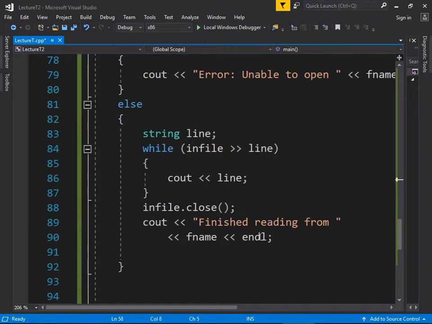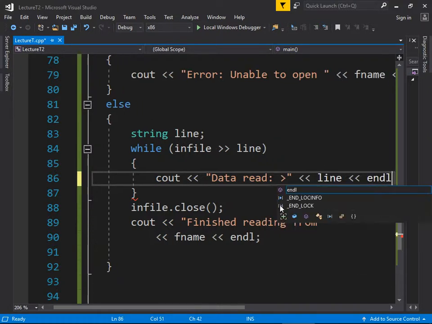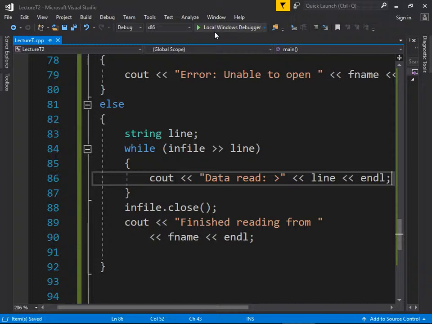Now I'm going to go back down here, and where we're writing out each line of data, arrow, arrow, ENDL. I guess we could make this even more clear. I'm going to modify this cout statement a little bit more. Cout, arrow, arrow, quote, data read, colon, space, greater than sign, in quote, space, less than, line, less than, ENDL. A little bit fancier, but